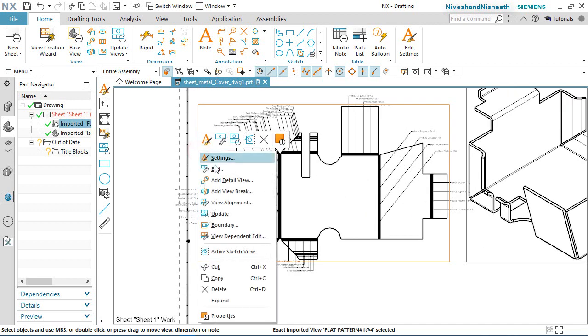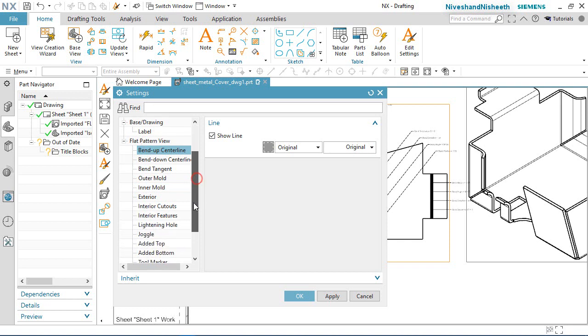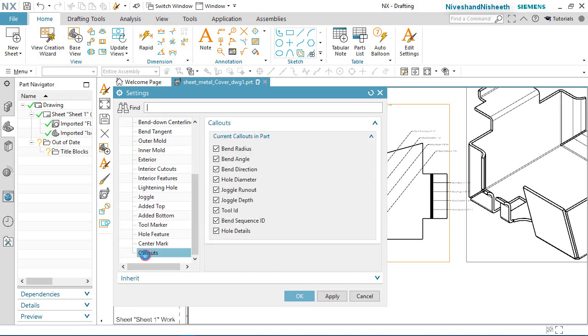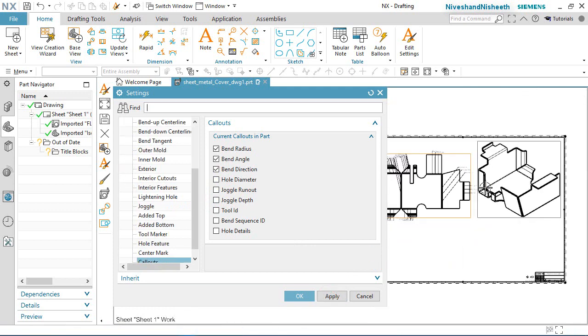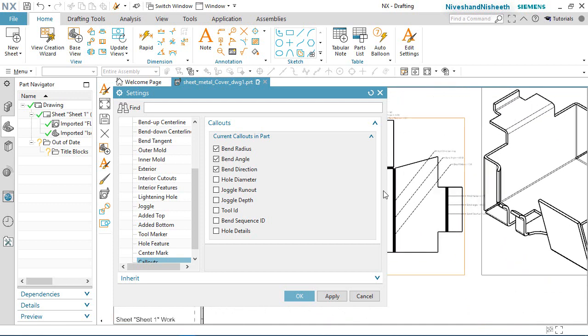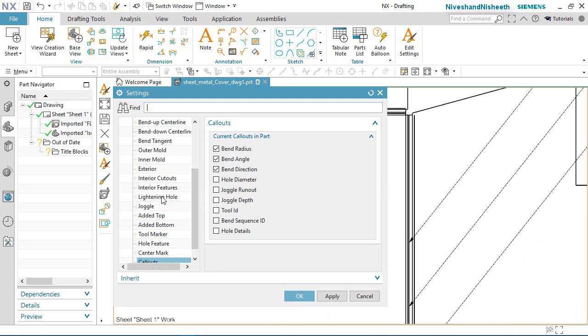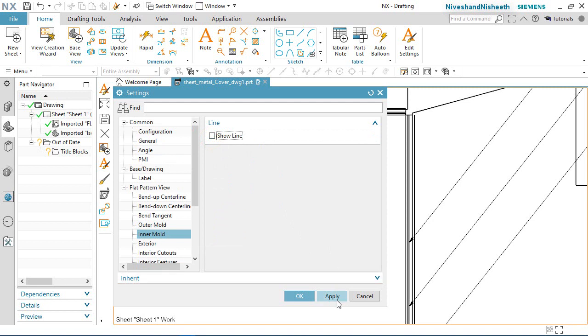In the setting area, go to the flat pattern view section and choose callouts. Uncheck from these options. OK. Now see the result. Now some changes here in the dialog box.